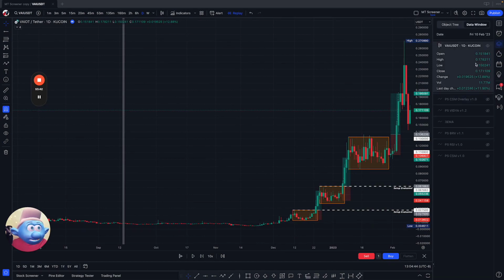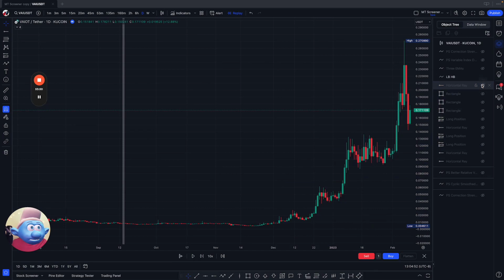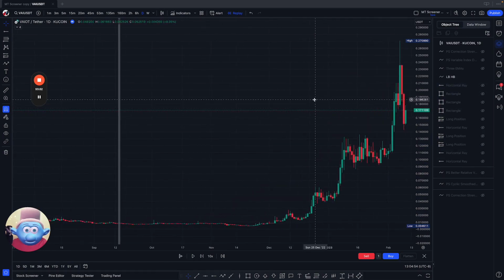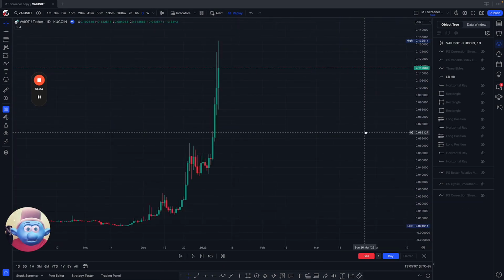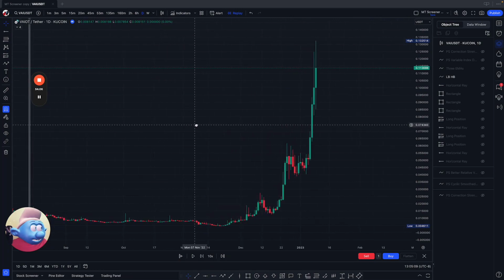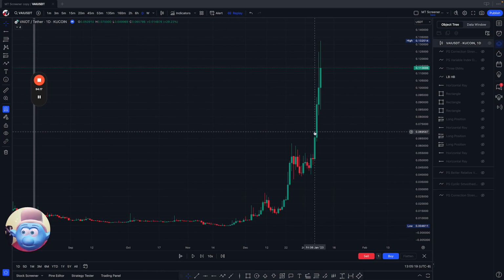The simplest way to use these things is with support and resistance, without getting too crazy into technical analysis. That's really what we're looking for. When it is on VAIOT, or well, it's VAIOT/USDT on KuCoin. Since you can't see,